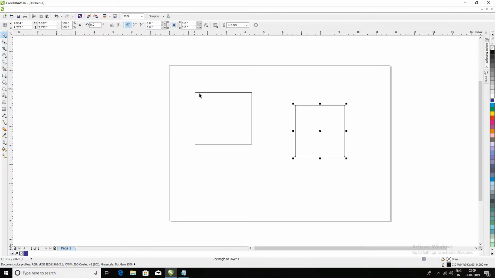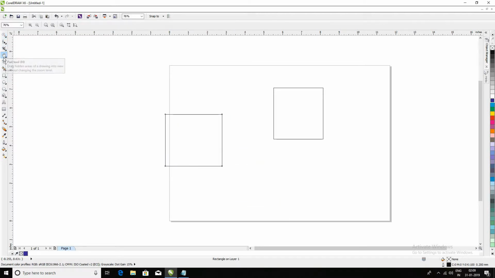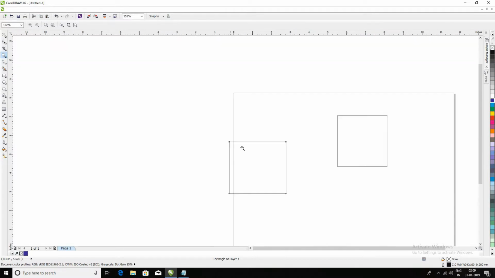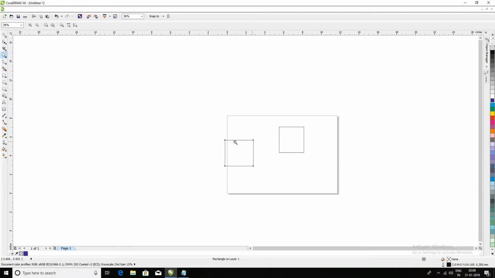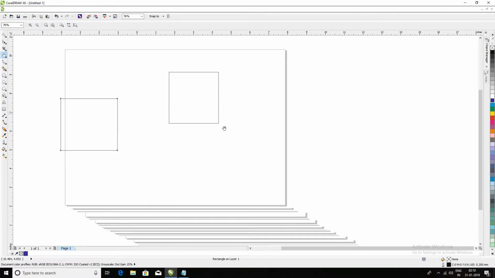With the help of pick tool you can pick and move the object from here to there, and with freehand pick tool you can freehandly select the object and move it from here to there. Now the next tool is zoom tool. With the help of zoom tool you can zoom in, and by pressing shift you can zoom out, and by using pen tool you can drag your artboard